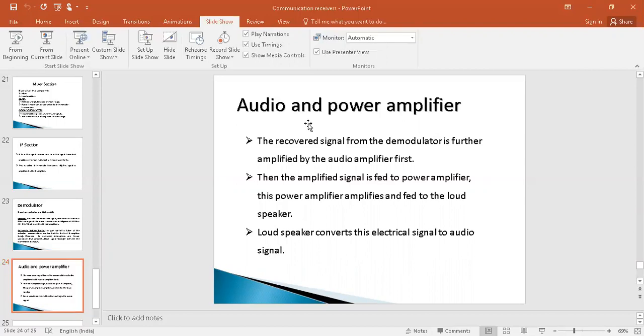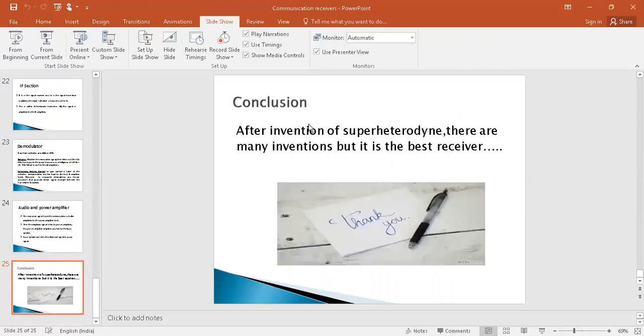This is the process involved in the superheterodyne receiver. It has the improved selectivity, fidelity, sensitivity, and adaptability that a receiver should have. These conditions are all satisfied by the superheterodyne receiver using the technique of frequency mixing and the process of heterodyning. Compared to the TRF receiver, the superheterodyne receiver is very useful, and it became a major breakthrough in the receiver industry. Finally, we can conclude that many inventions have taken place, but the superheterodyne is one among the best receivers. That's all about this lecture.